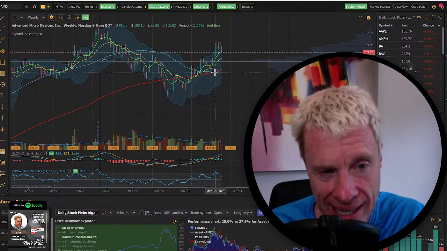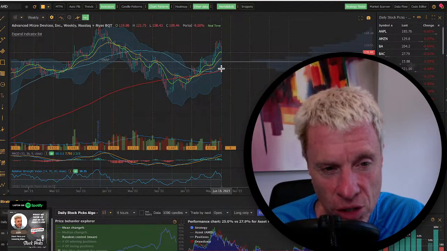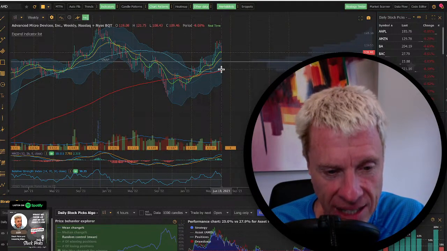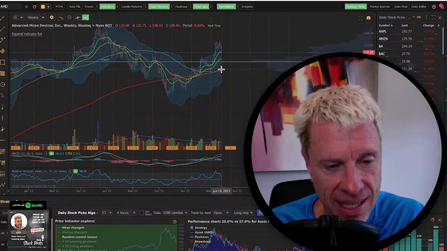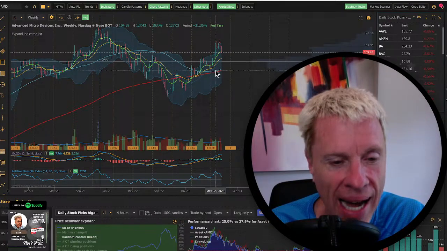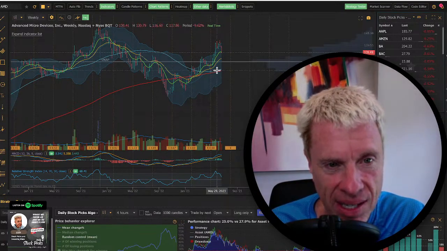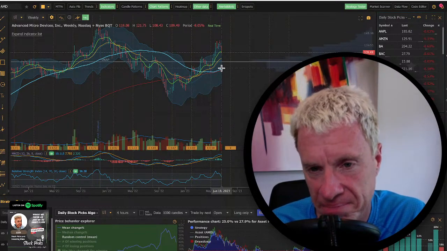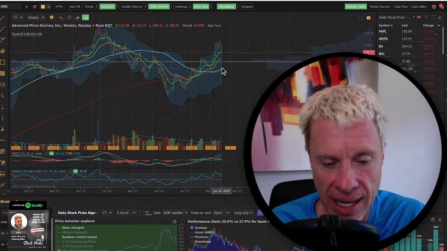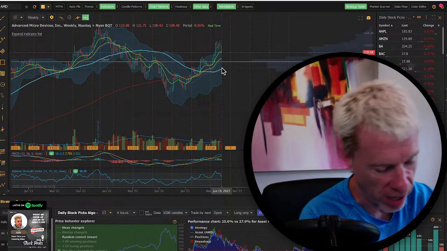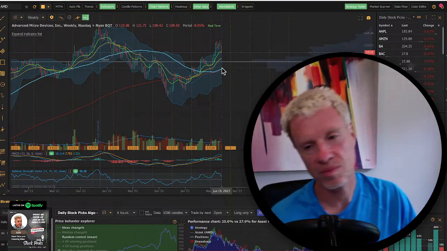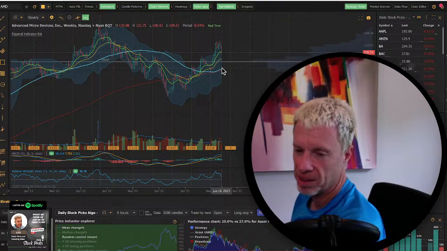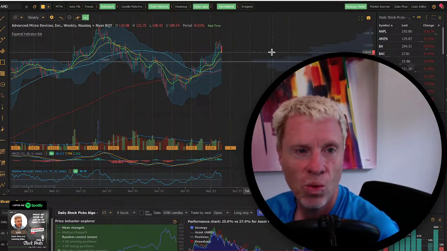You can see on the weekly, that 50-day bounced off the 200-day. It's providing support. The problem is that the RSI went way too high up here, at 77. It had to come down. So at 110, 109, I don't think you're doing yourself any disfavor. In fact, I may buy more now. I hate doing that over the weekend, but God, I mean, what are you going to do?